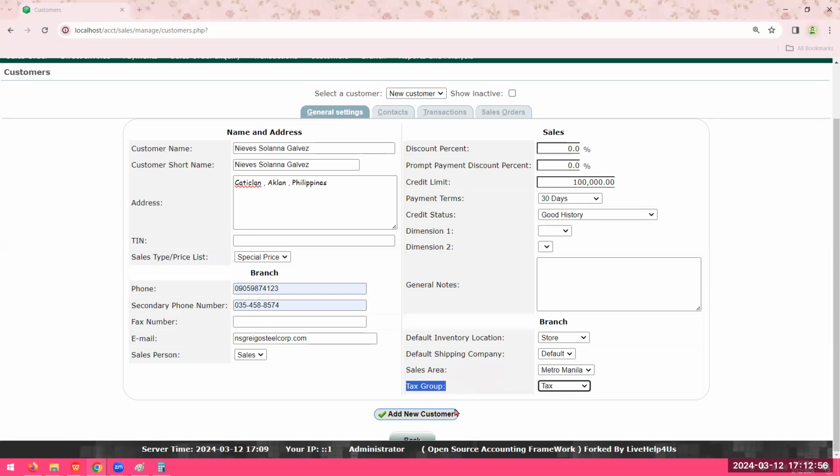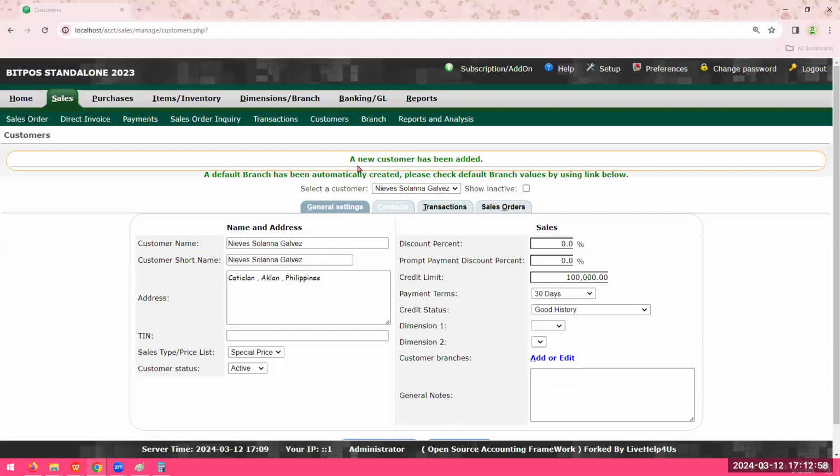So once you're good to go, tap add new customer. Automatically the system will inform you a new customer has been added. And if you want to manage your customer, probably change something in their profile, you can just go here and select a customer box and then just tap the spacebar key on your keyboard